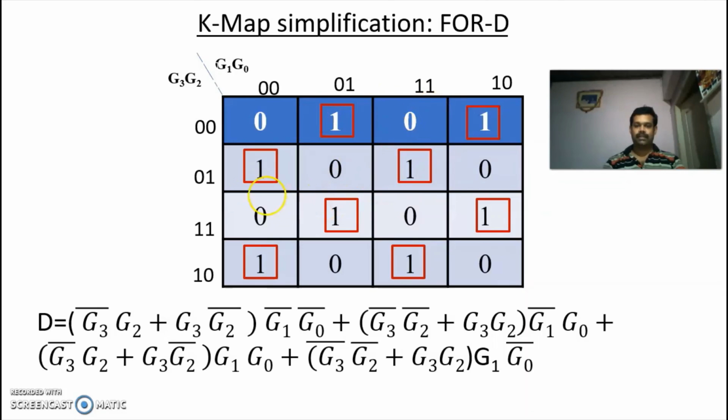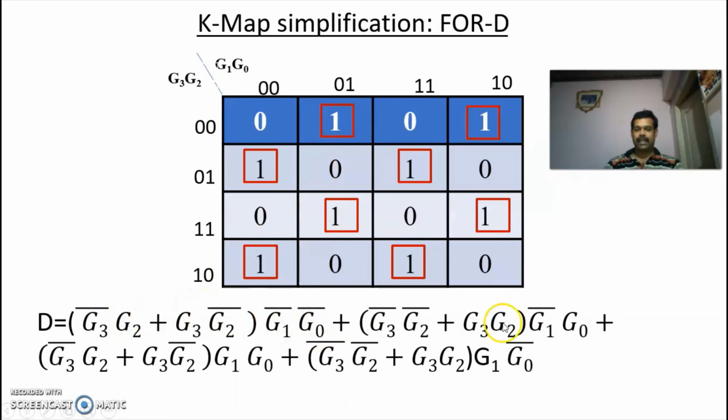For this one G3 bar G2 G1 G0, and for the next one G3 G2 G1 bar G0, and for this one G3 G2 G1 G0 bar, and for this one G3 G2 bar G1 bar G0 bar, and for this one G3 G2 bar G1 G0. So after writing this expression individually, I am taking G1 bar G2 bar common from the